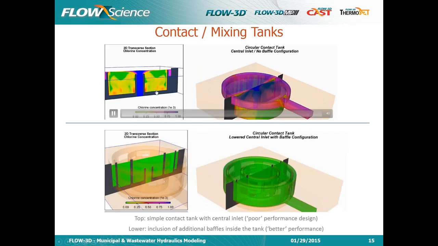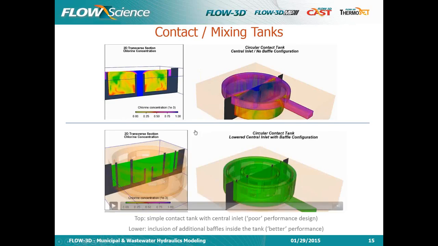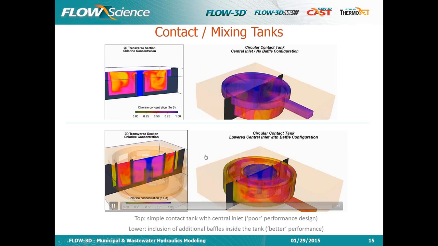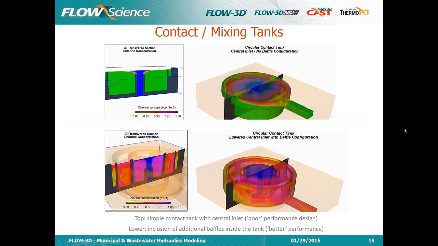But with the help of traces, we can really see where the fluid is going and what's happening. In this lower case here, which I'm going to play in a second, we've added some internal baffles, and so what you'll see is a much more robust mixing process. And so with the use of traces, you can test different alternatives, design alternatives very easily, especially since in Flow3D we don't really remesh things. We have a kind of a fixed mesh method of representing geometries. So you just add this geometry, the inner baffles, and then just proceed with the simulation. Okay,